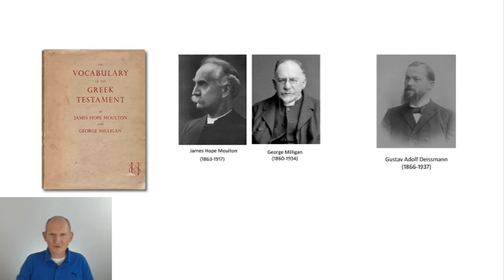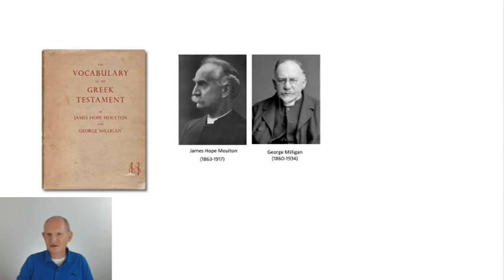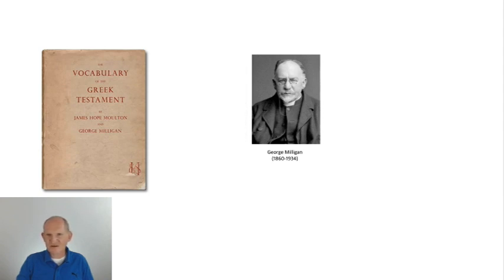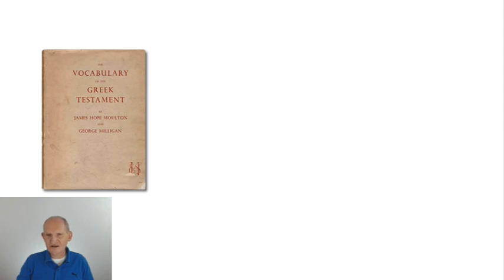But when World War I broke out in 1914, the project was put on hold. Of course, during the war, Moulton and Milligan had no contact with Deissmann. They continued to work on the project, but then Moulton died in 1917. Milligan went on to publish the work they had done to date and later added a few updates of his own. The last edition was published in 1930, but the work was never finished. Milligan died in 1934, and then their work sat on a shelf, mostly unused and unappreciated, for the next 8 decades.